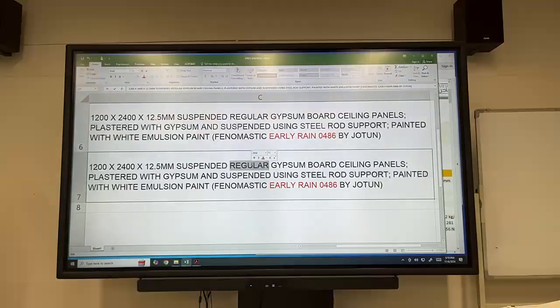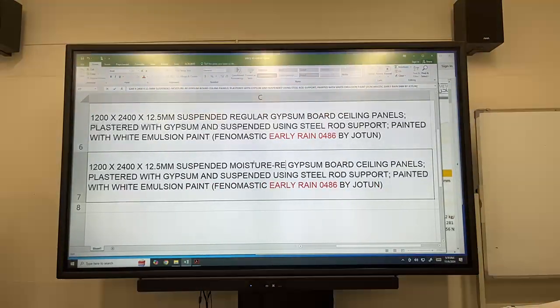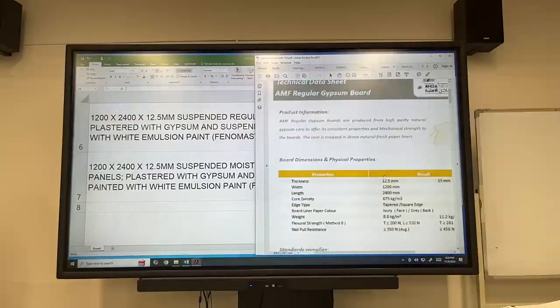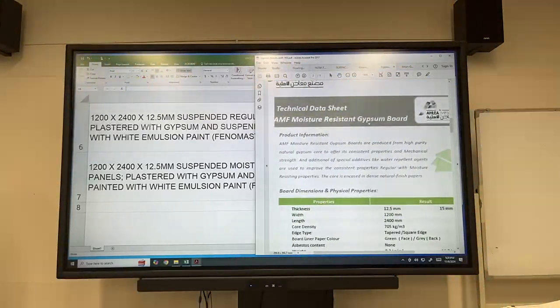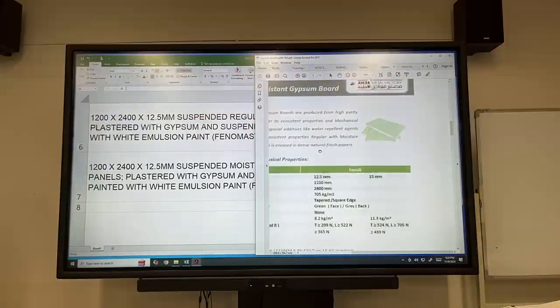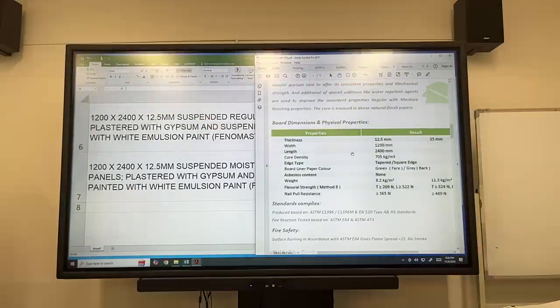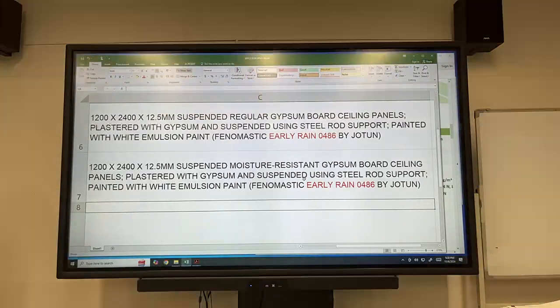So instead of regular, it's going to be moisture resistant. It's the same size. If we go back to this, I'm using this one, moisture resistant gypsum board for the bathrooms. It's the same size. Okay. But typically for it to be waterproof,